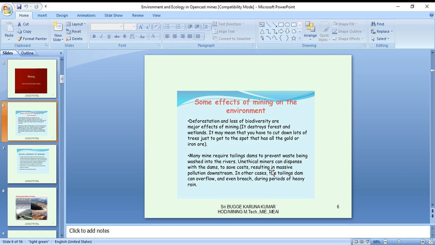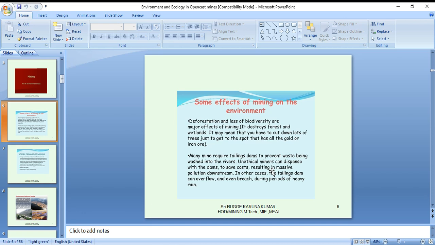Many mines require tailing dams to prevent waste being washed into the rivers. Unethical miners can dispense with the dam to save cost, resulting in massive pollution downstream.